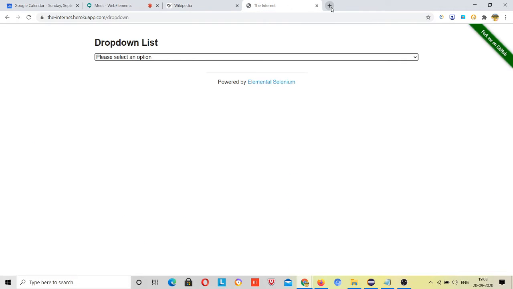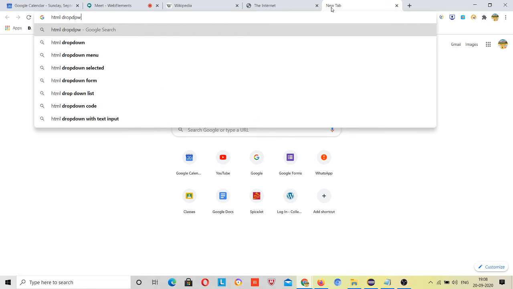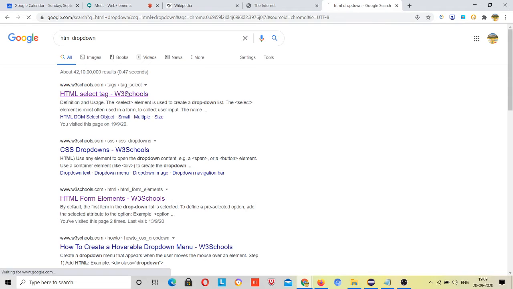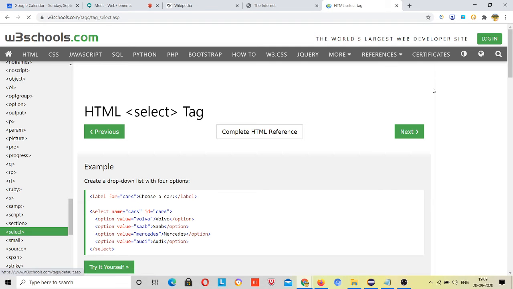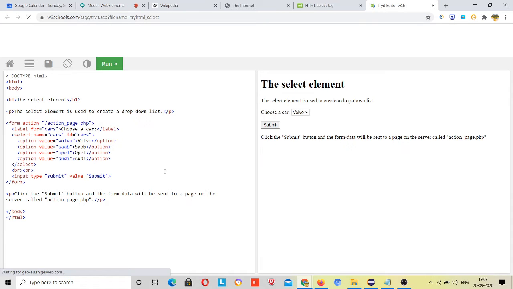If I go to the HTML drop down and click on this, then see, this select class, right? HTML code is static code, that you guys know. And if I click on this drop down, see these drop down values are present.